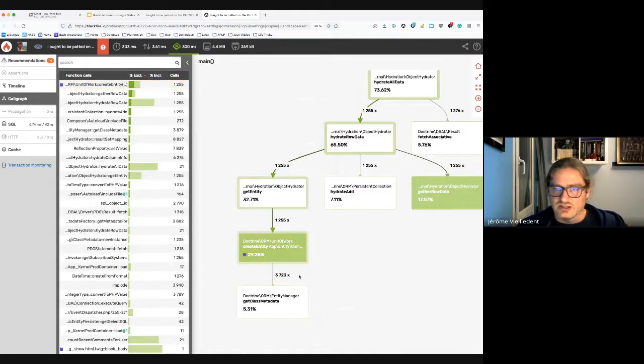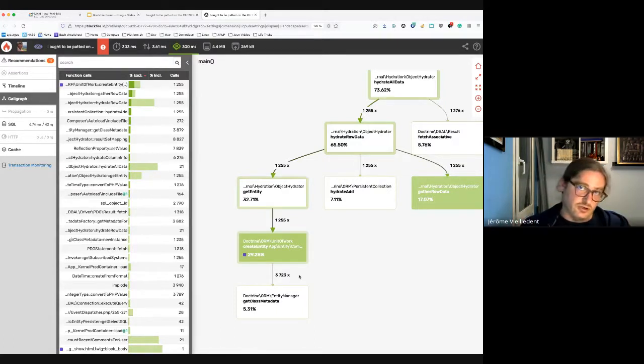So here it's like doctrine, unit of work, create entity. Okay, there is a problem with doctrine that we already spotted before, because we were creating way too many entities. But here we have a clearer overview. Just keep in mind here that there is no time base. It's only a relationship between the caller and the callee.